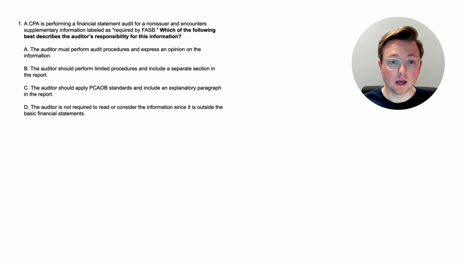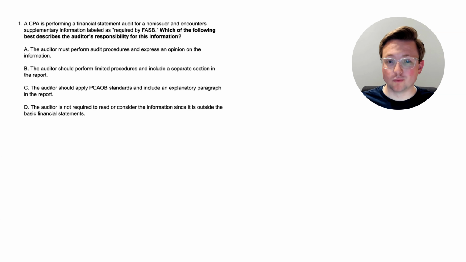Okay, so let's go through this. Option A, the auditor must perform audit procedures and express an opinion on the information. Option B, the auditor should perform limited procedures and include a separate section in the report. Option C, the auditor should apply PCAOB standards and include an explanatory paragraph in the report. Or option D, the auditor is not required to read or consider the information since it is outside the basic